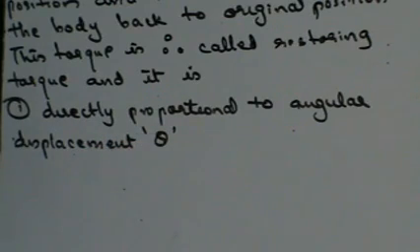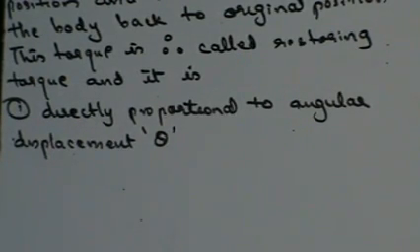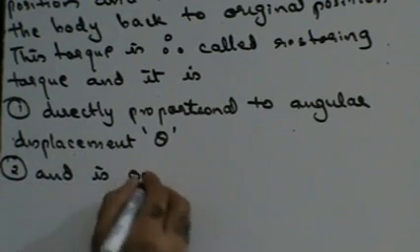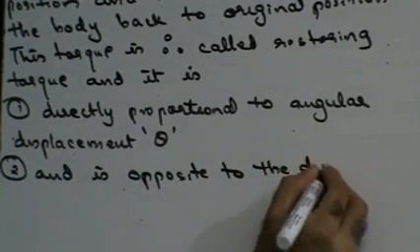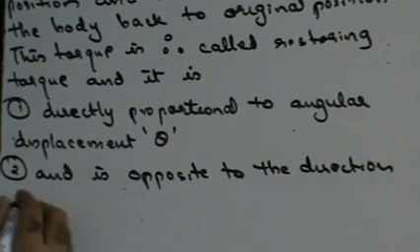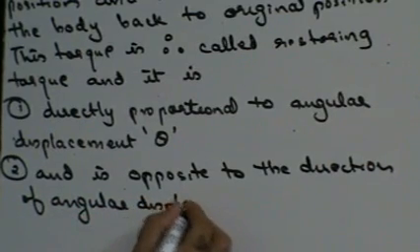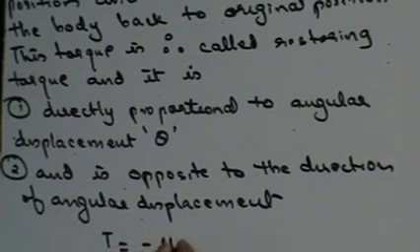Theta, right? And second, it is in the direction opposite to that of angular displacement. The angular displacement and the torque are in opposite directions. Right? Therefore, I can say that torque is going to be minus mu times theta, where mu